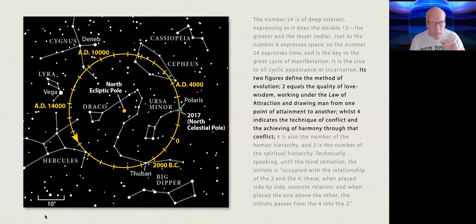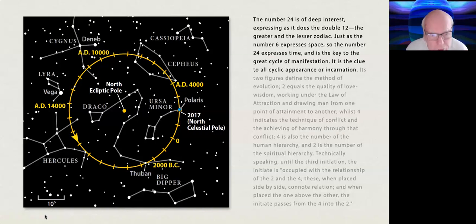And finally, as mentioned before, when added together, the 2 and 4 of 24, which expresses time, become the 6 of space. Space and time being 2 of the main players in Einstein's theory of special and general relativity, which together prove that time and space are not separate and fixed entities, but rather interrelated and dynamic aspects of a single phenomenon, which Einstein called space-time.